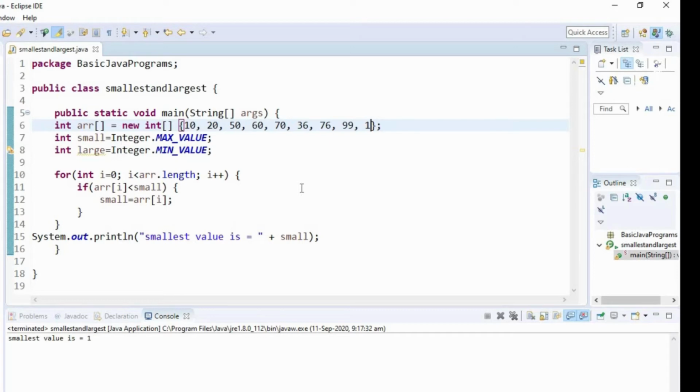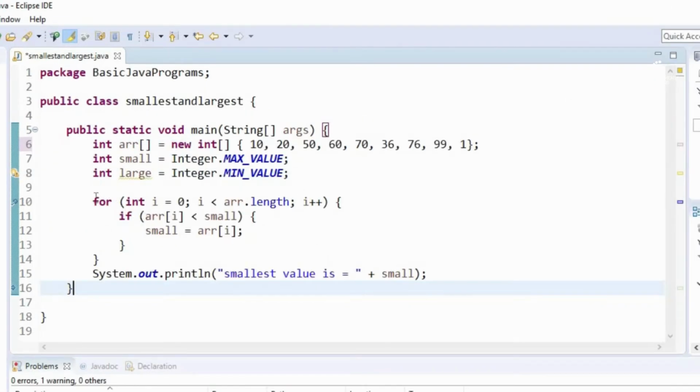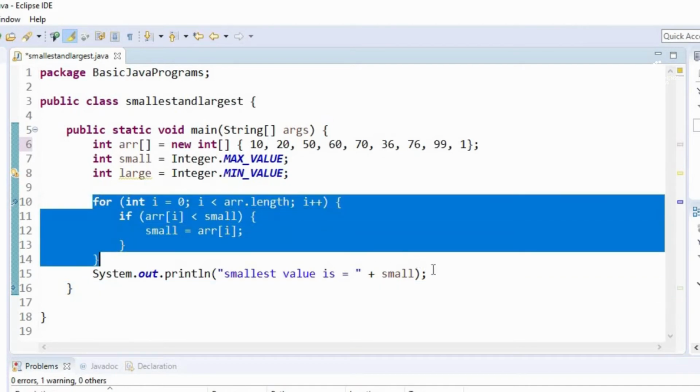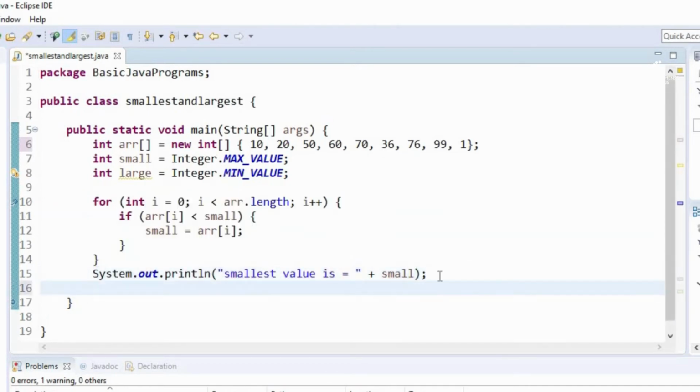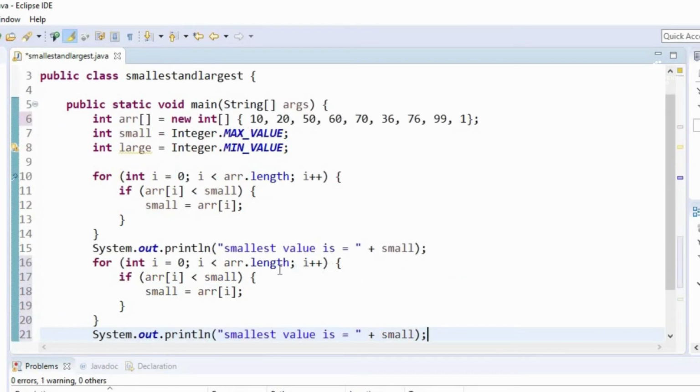Now let's repeat this for the largest, making a few changes. We'll copy this entire thing and modify things accordingly. So here we'll check if it is greater than the large variable, and we'll assign the value to the large variable.